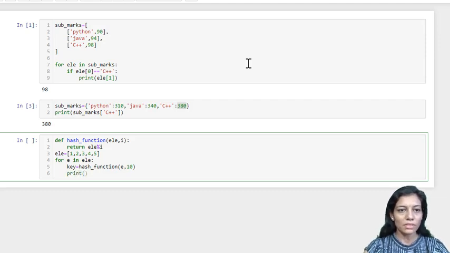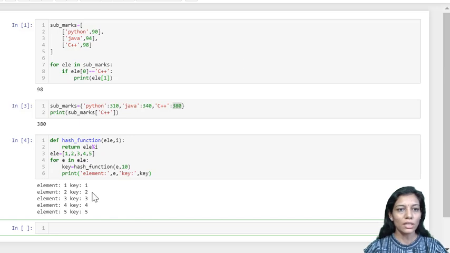And for our reference, I'll be printing the element, that is E, in each iteration and the corresponding key. So this gives us an idea of what this hash function will map our particular element to at the specific position.